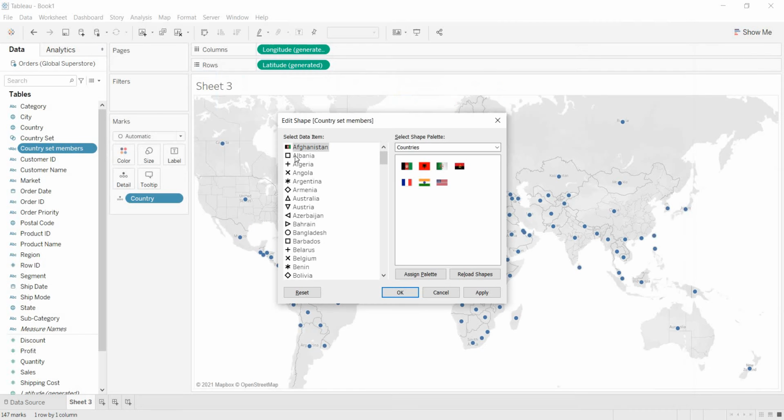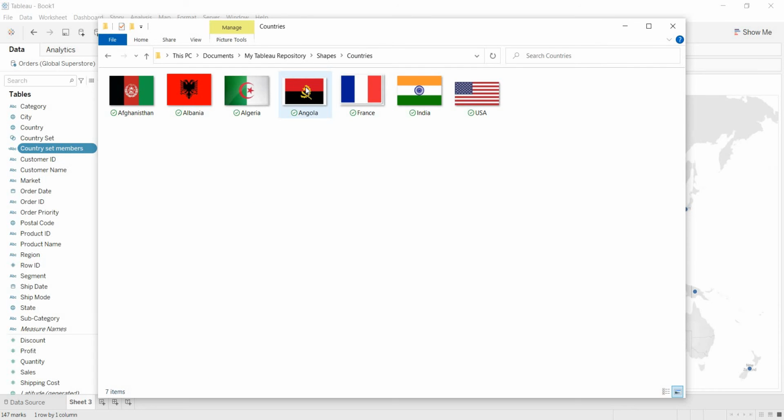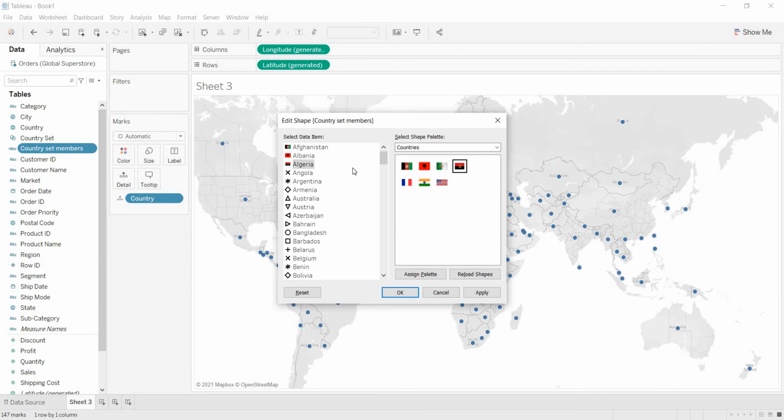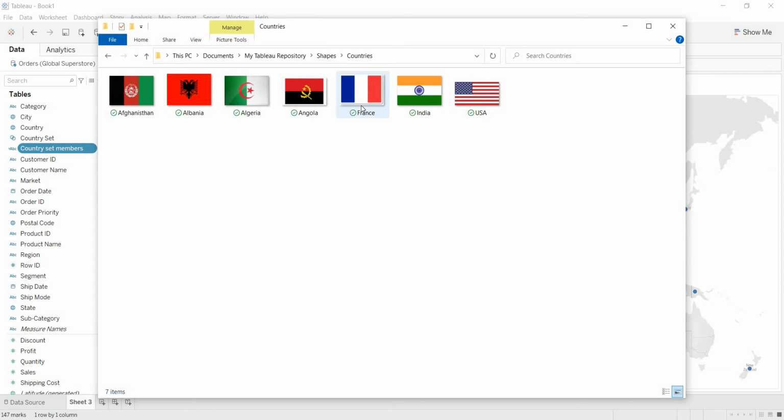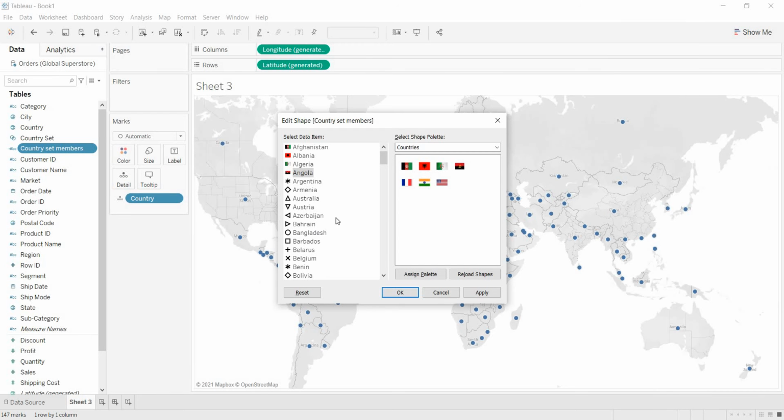For Albania this is the flag, for Algeria this is the flag, and for Angola this is the flag. Sorry, Algeria this is the flag, Angola this is the flag. And here France, randomly I have selected.